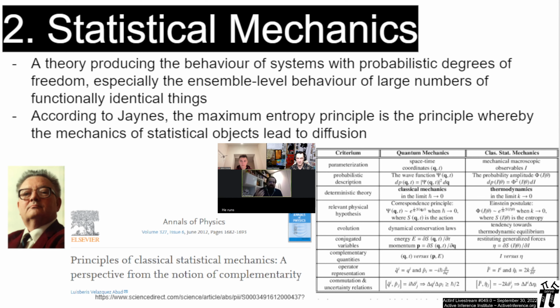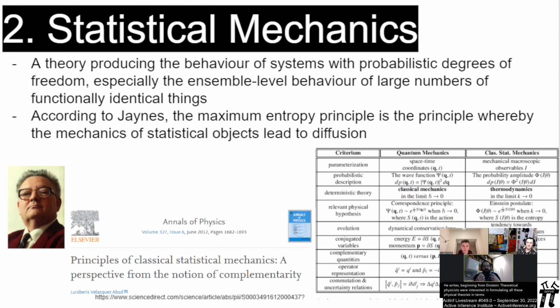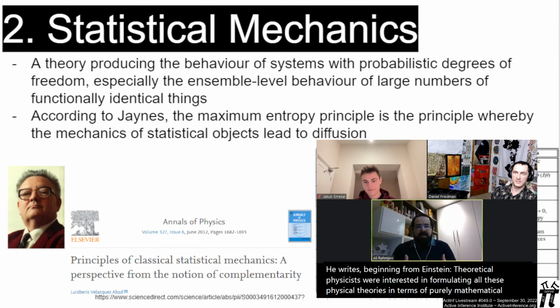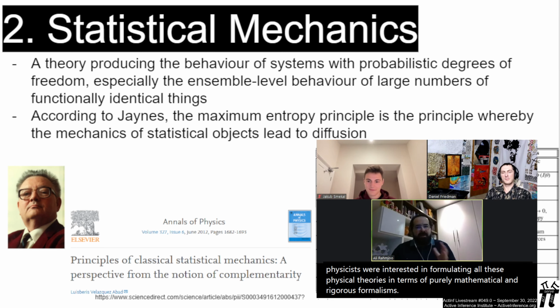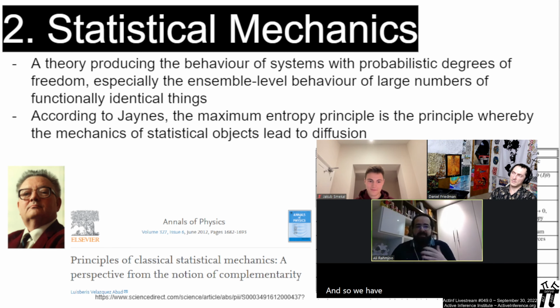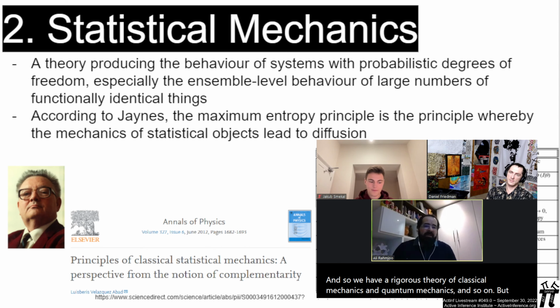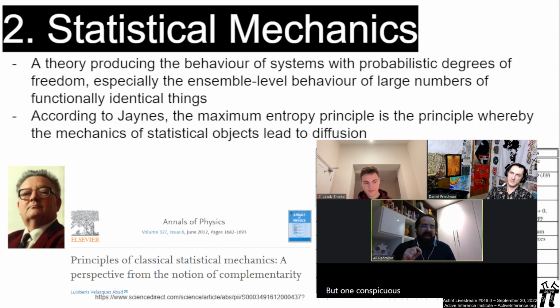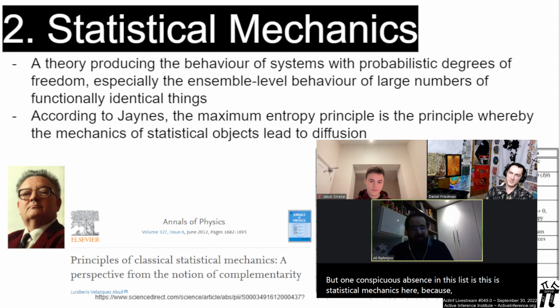He writes, beginning from Einstein, theoretical physicists were interested in formulating all these physical theories in terms of purely mathematical and rigorous formalisms. And so we have a rigorous theory of classical mechanics and quantum mechanics and so on. But one conspicuous absence in this list is statistical mechanics, or thermodynamics, because